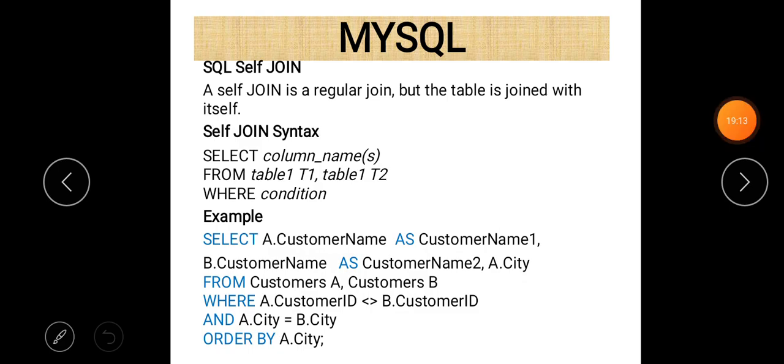Our next topic is SQL Self Join. A self join is a regular join, but the table is joined with itself. So if we want to join a table with itself, then we use the concept of self join, and the syntax is very simple. Just write select, and then after that column names, and then from table names. Now there is only a single table,